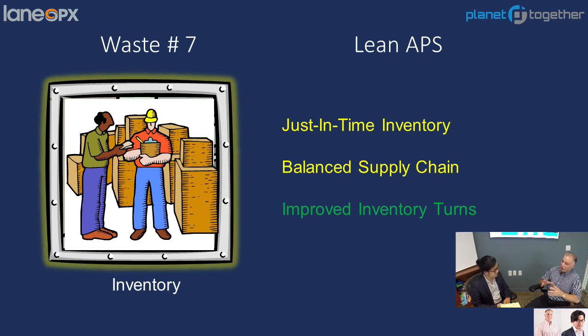It's also a problem if you don't have it at the right time. Exactly. And excess inventory leads to slow inventory turns, which screws up a company's cash flow. Right. So do you find that CFOs are typically champions of an APS system that will help them improve their cash flow? Right, exactly, because it ultimately leads to improved inventory turns, reduced inventory, things like raw materials, work in process,